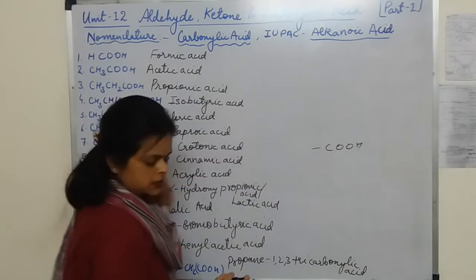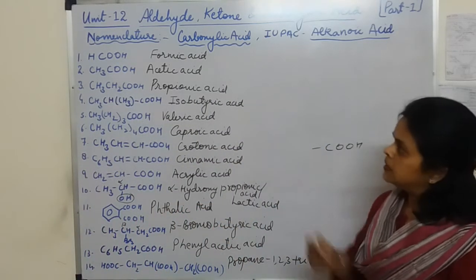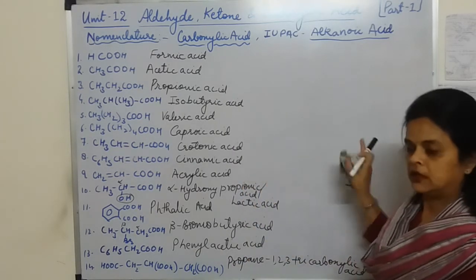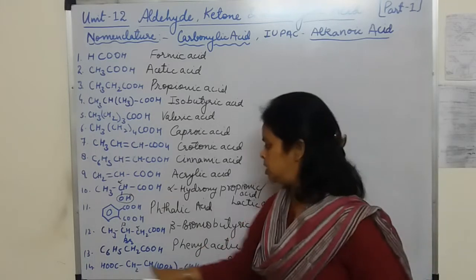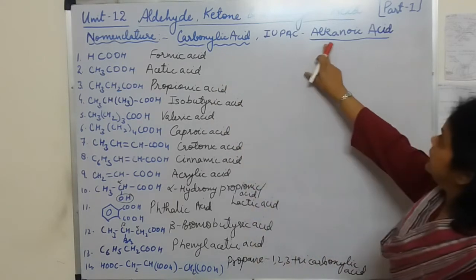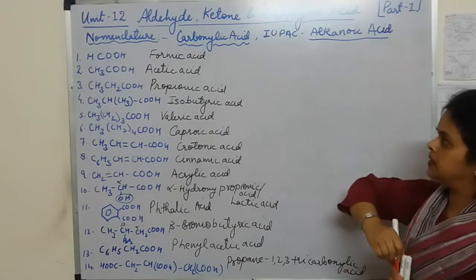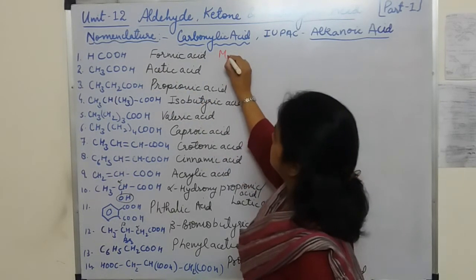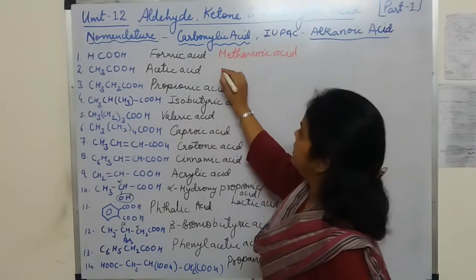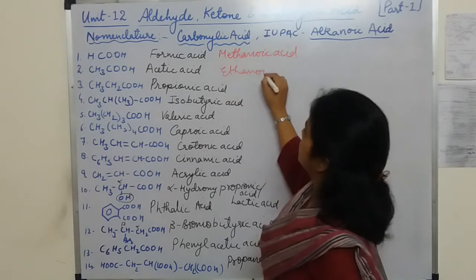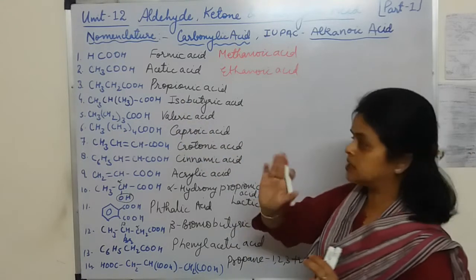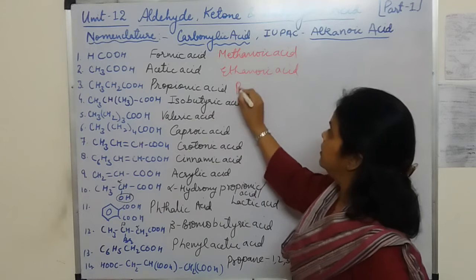Now the IUPAC name. Students, I guess IUPAC nomenclature is simple. Here you have to learn a little bit. Okay. So whenever COOH group is there, you will write carboxylic acid when you are taking a chain like this. Okay. Now tell me the IUPAC name, students. Alkanoic acid. Simply count the number of carbons and then write. It will be methanoic acid. Okay, it will be ethanoic acid. It will be propanoic acid. See, there is a difference in the spelling. It is propionic acid and this will be propanoic acid.